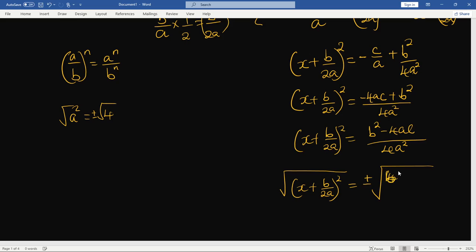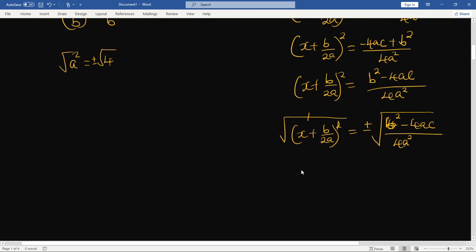b² − 4ac divided by 4a², like this. So here the power 2 and the root cancel out. Then we're left with x + b/2a equal to plus or minus, then now this side here,